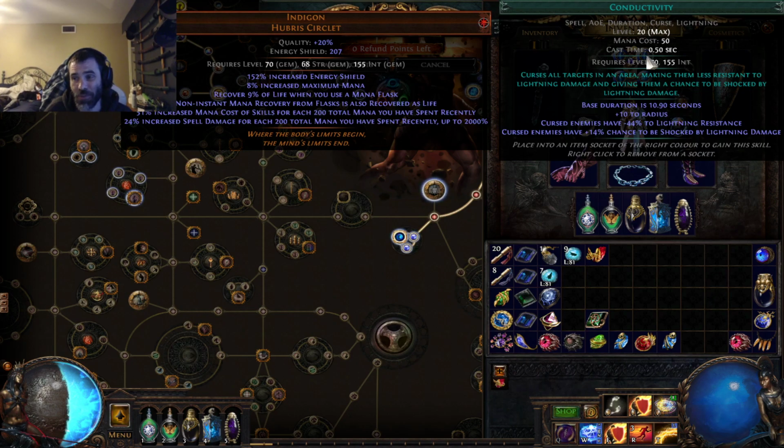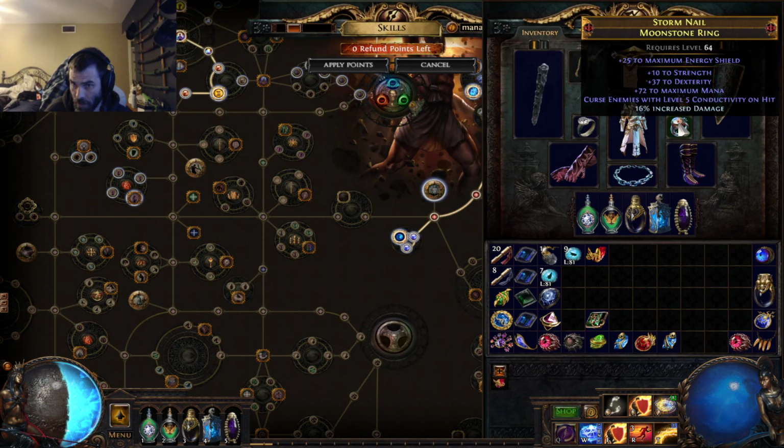Conductivity, I just had leveled that up. That was pre having the Moonstone Ring. Early last league, I did Curse on Hit, Curse on Crit with the Orb of Storms and Conductivity. That will give you a higher